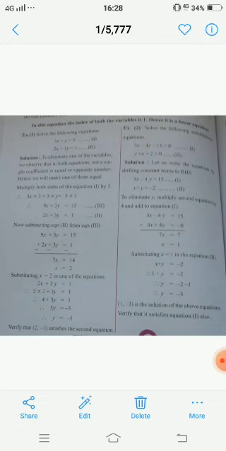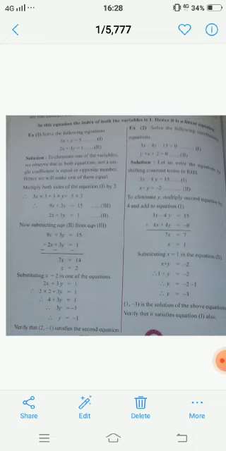So 3y will remain in its place. 4 will be shifted to the other side of the equation. That will become 1 minus 4. So automatically here I got the value of y as minus 1. So my values for the variables are, x is 2 and y is minus 1. So I got the values of both the variables. Now we'll move to another question.